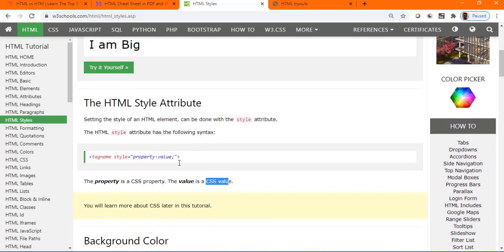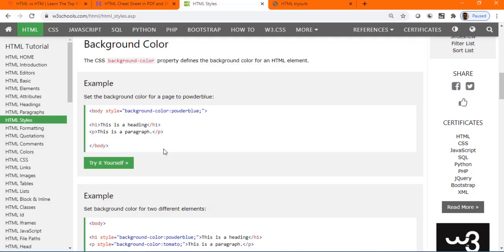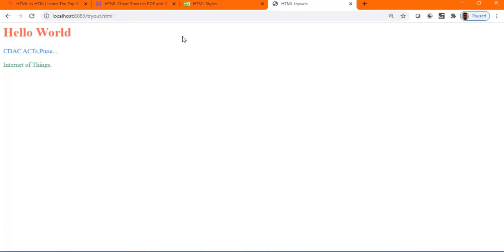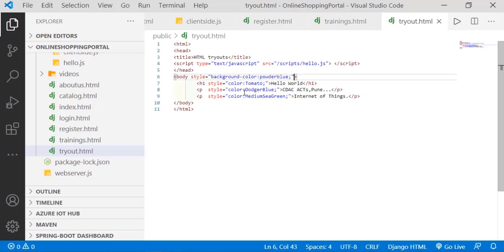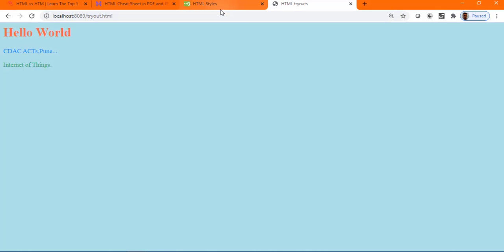Correct, no? So this style, if you just see the example given here, we are applying something here. Have you seen something here? H1 doesn't have some style set. For paragraph there is no style set, they are plain. But we can set the style not only for H1, we can also go back and set the style for our body. I can set the property style, background color equal to powder blue. So if I go back and refresh my page and see the output, what happened?